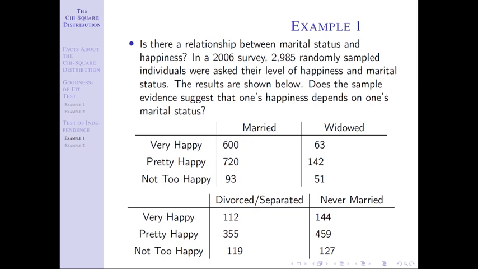Okay, and so to find the expected counts, what you need to do is multiply the r times c and divide that by n. That is the row sums and the column sums. And so the idea is for this first block here, I need to know how many total people are married. That's the sum of this column. Add those three numbers up. That'll tell you the total number of married people. That will tell you the sum for that column. And how many people are very happy? That's the sum of that row.